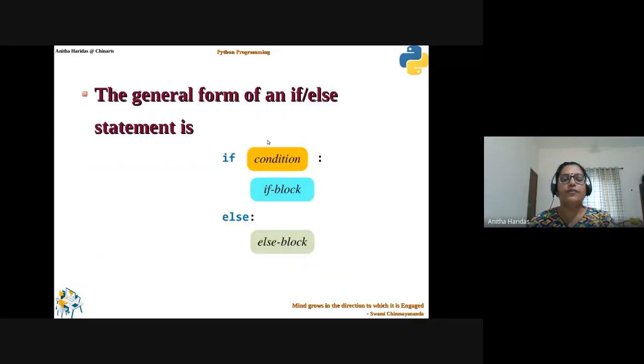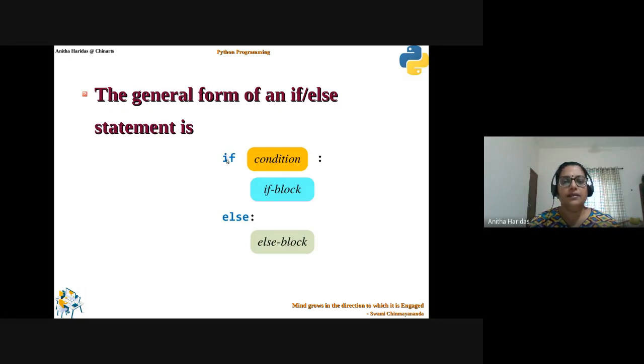This is the general form of the if-else statement. All of you know that if is the keyword, then you give a condition, right? The condition will be using a comparison operator, or it may be using comparison and the logical operator. It is up to the condition, whatever condition you are going to define. Then here we need to give a colon to specify that you are going to start a block. Then you need to give indentation here for the true block. Sometimes it is also called the if block, or the true block. And remember, you need to give proper indentation here.